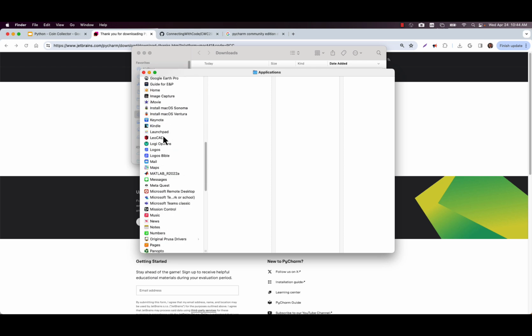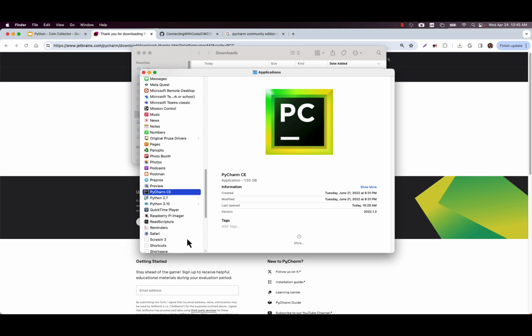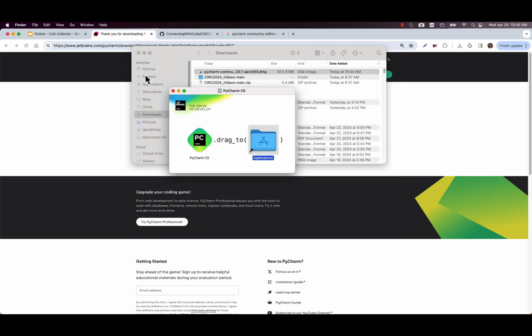And so I blew away my old version just so I can get this new version. All right, so is this the one from right now? Looks like it's not. Let me try that again. So let me bring it over to here. Oh, it's asking me, do I want to replace it? Sure, I'll replace it. Operation can't be completed because it's in use. That makes sense. Let me close it, and then I'll try it again.